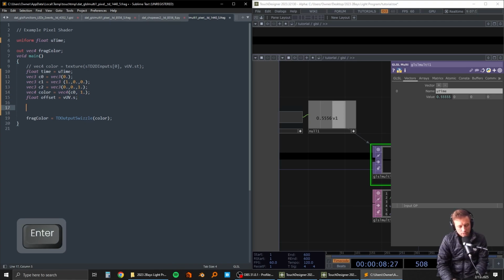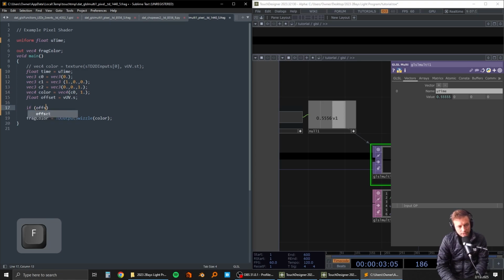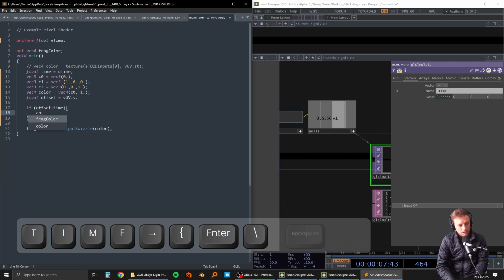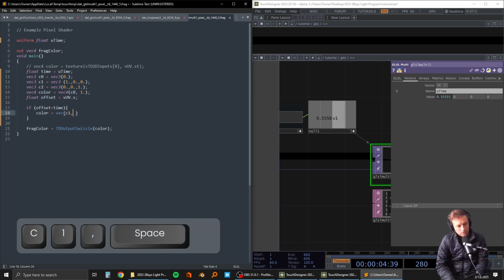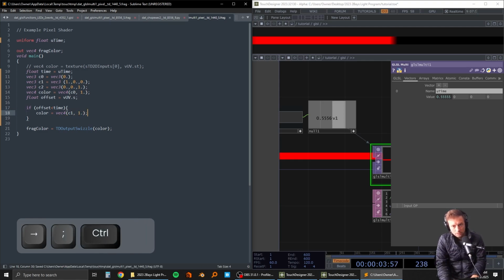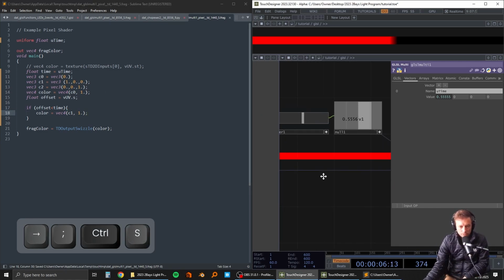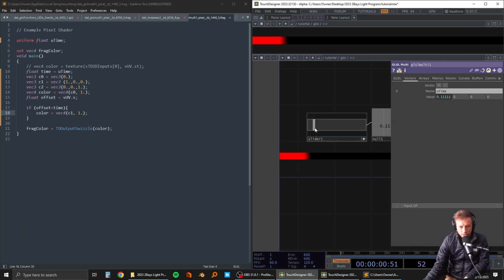If offset is less than time, color equals red. So now as we fade this in and out, you can see we are pulsing the light